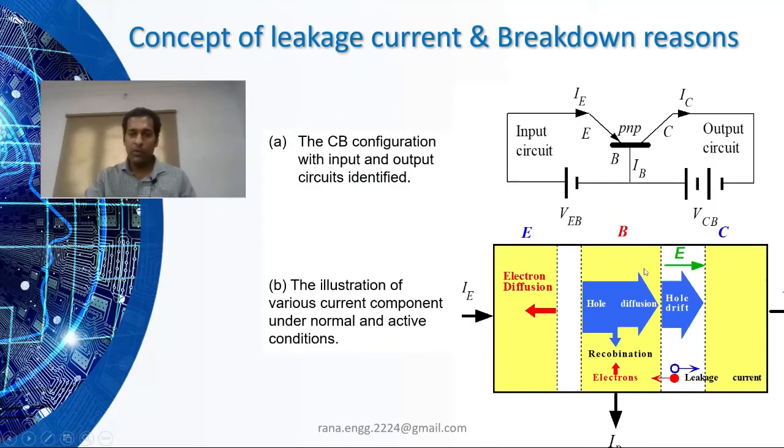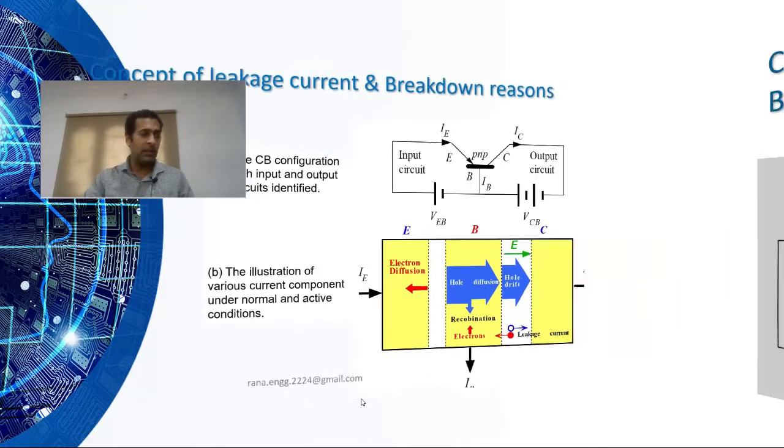Now when we observe the circuit, what is happening inside. So we have emitter, base, collector for PNP transistor. So we have the depletion region. This is one PN combination. This is another PN combination. Input side is forward bias. So we have less depletion layer here. Output side is reverse bias. We get higher depletion region. But there will be small amount of leakage current due to minority carriers. That leakage current we have to focus. What is that particular leakage current? We are terming it as ICBO and ICEO.